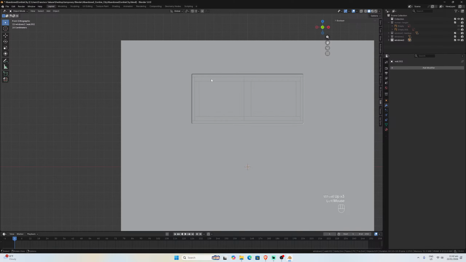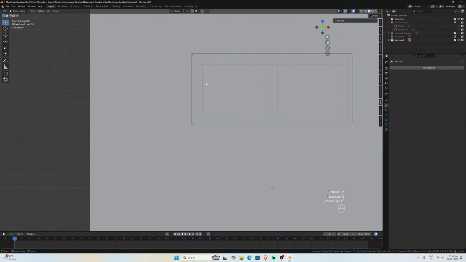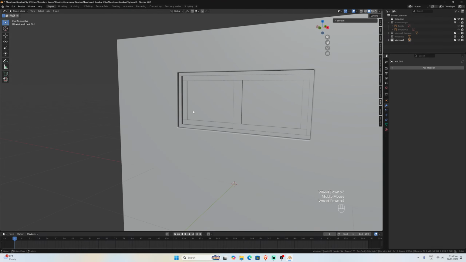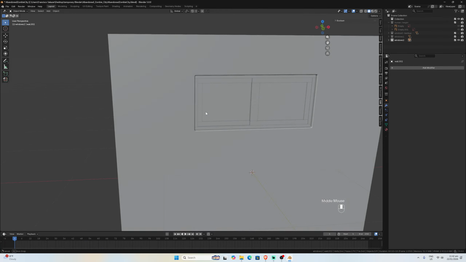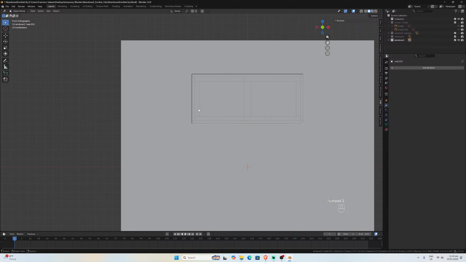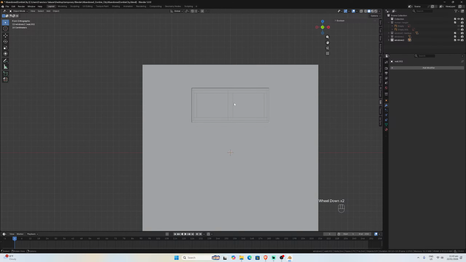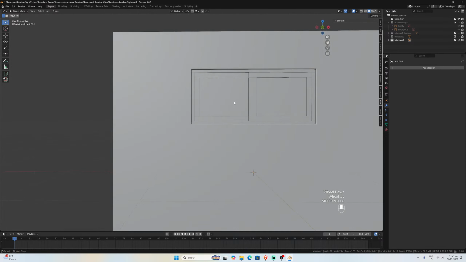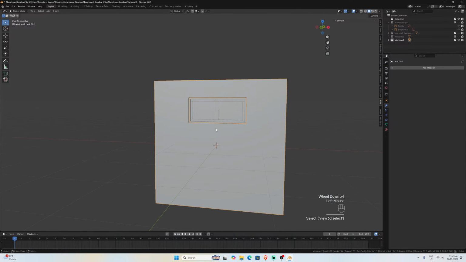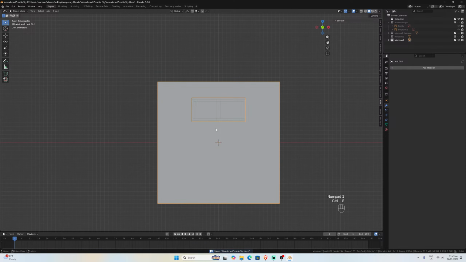Okay, and now it is looking perfect. You can see that we have the shade smooth, we have the borders. Okay, so now we have window 2. Let's continue with window 3. I am going to try the